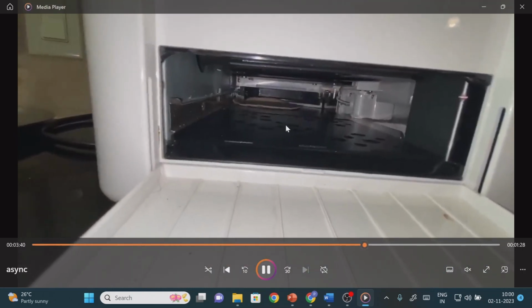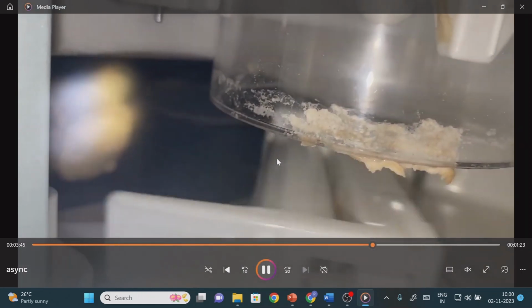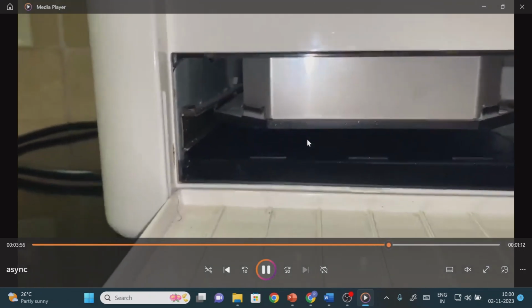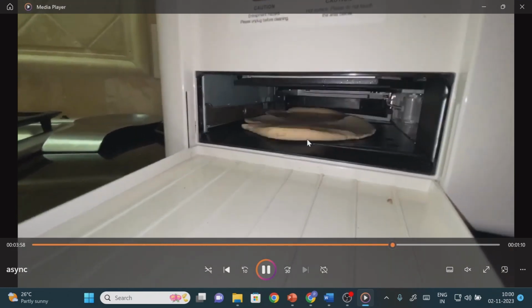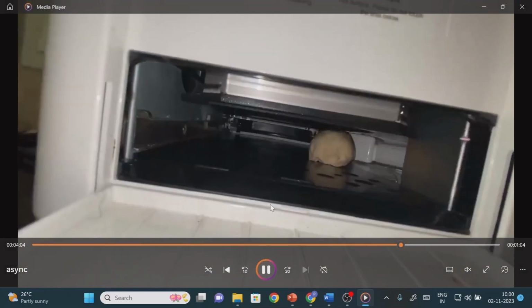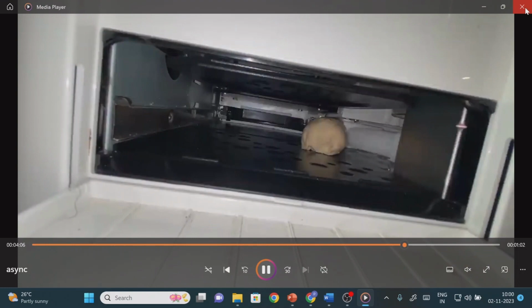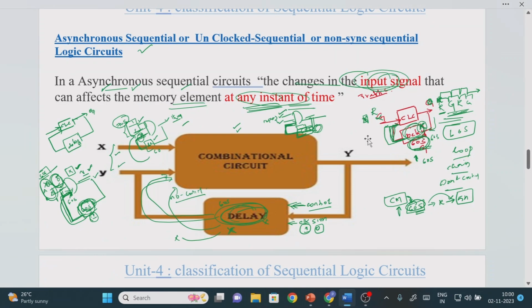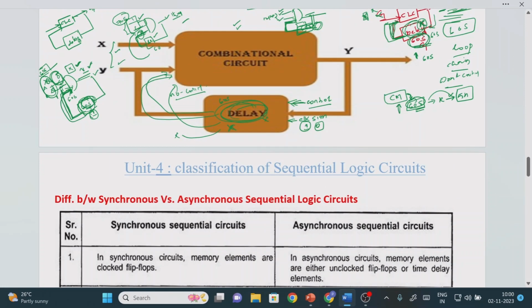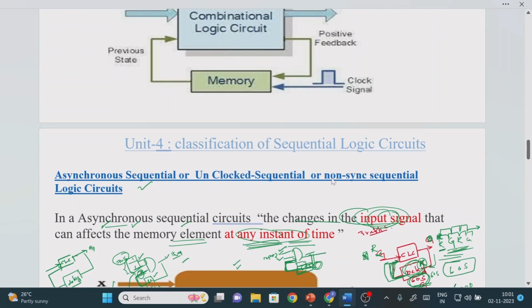For example, we will wait for some time. Now see that it is making one more chapati. Now here the internal time is completed. I told you asynchronous means there is no coordination between one and another, right? Because of this, instead of getting one proper operation, we are getting two chapatis at a time. It means asynchronous sequential circuits are very fast, but the time coordination should be matched. If it does not match, then you will get something like this. So asynchronous sequential circuits are very fast compared to synchronous sequential circuits, but the limitation is that timing coordination between input and memory element is the important point.